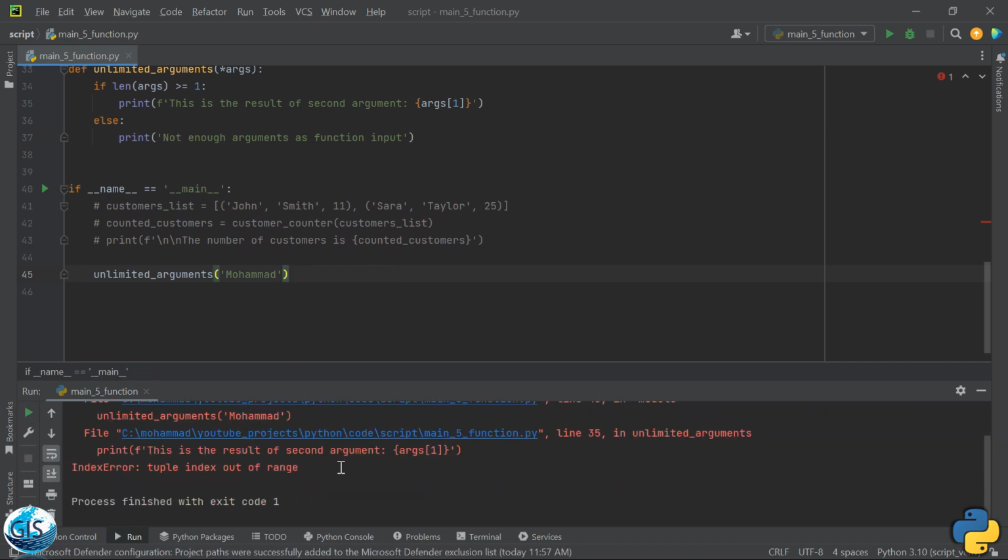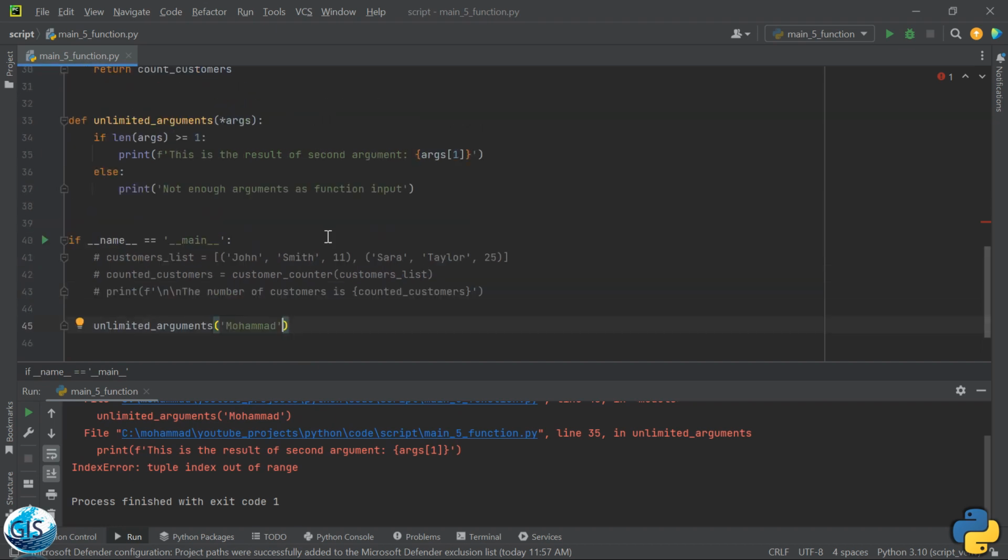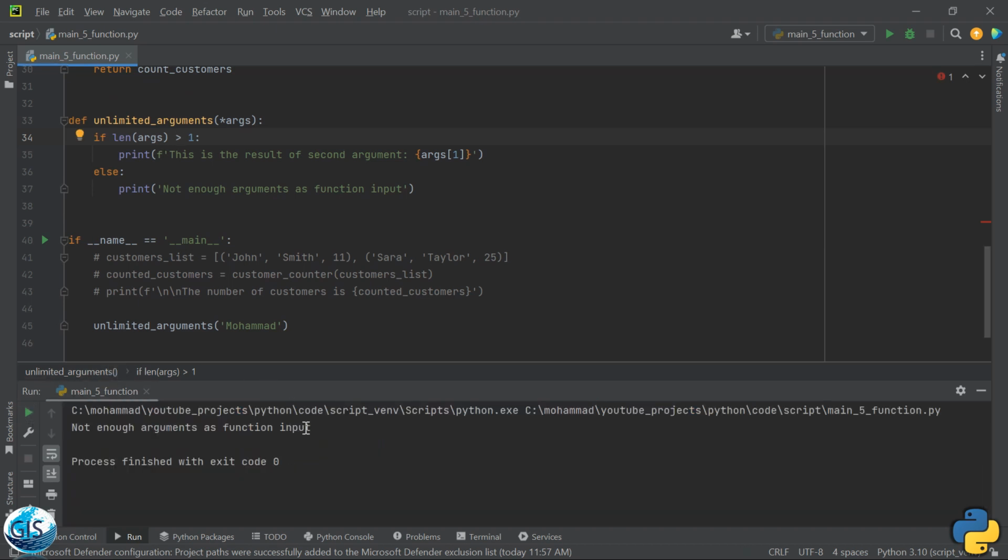Let's see if it is all working. If len of args is... yes, oh, I made a bad mistake, not equal. Yeah, "not enough arguments as function's input". Okay,